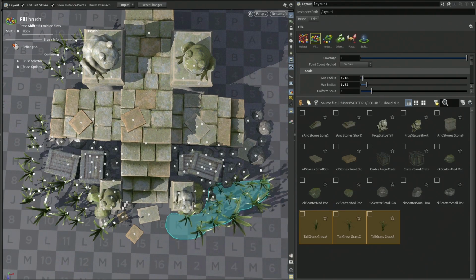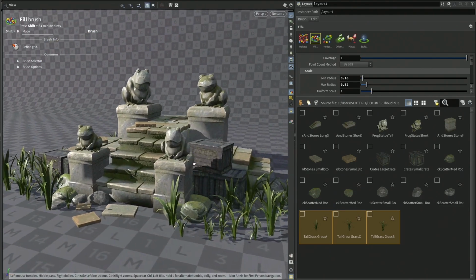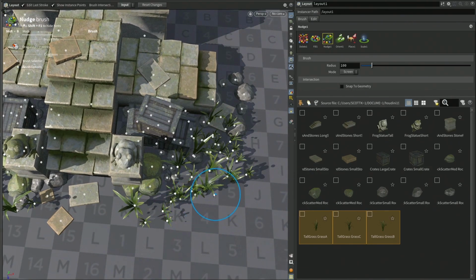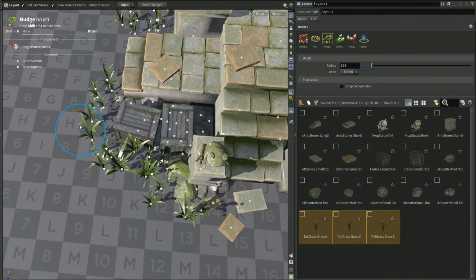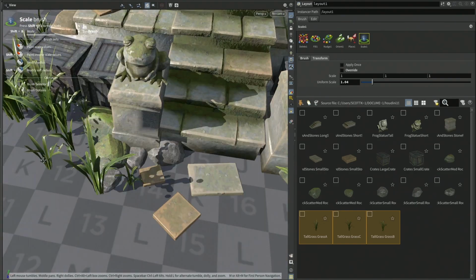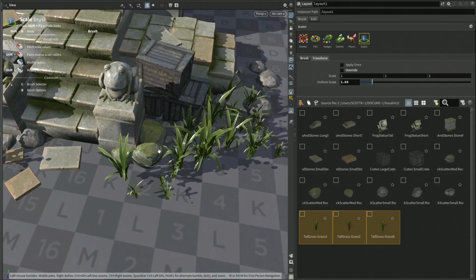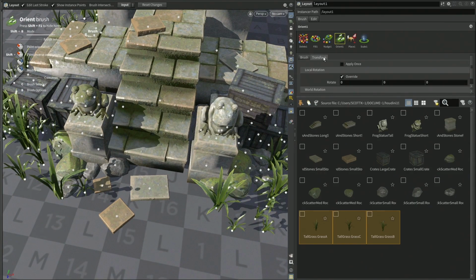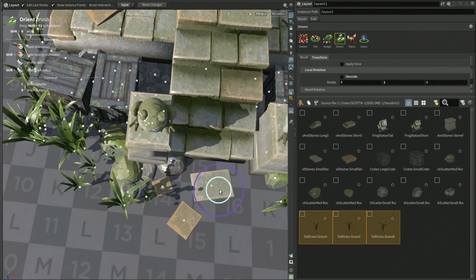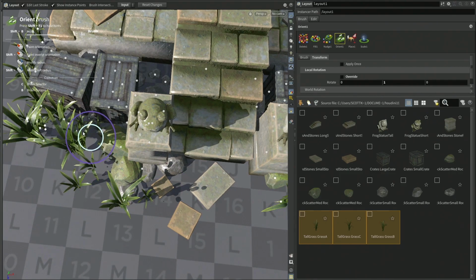So now that these plants have been laid out, we're just going to nudge them a little bit with the nudge tool. And here we're changing the scale. And now we're changing the orientation.